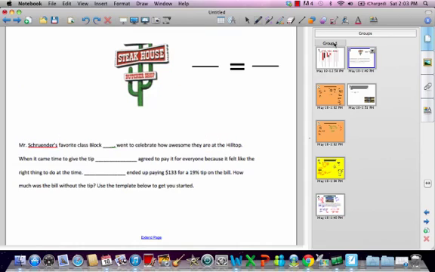Let's try another one. Like I said, we're going to try this one with fractions. So Mr. Sharender's favorite class block, we'll call it block C, went to celebrate how awesome they are at the hilltop. When it came time to give the tip, we'll say that Tim agreed to pay the tip, and Tim ended up paying $133. And the tip was 19% instead of 20% this time. So 19 out of 100,